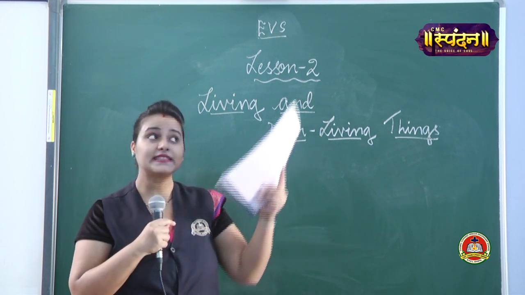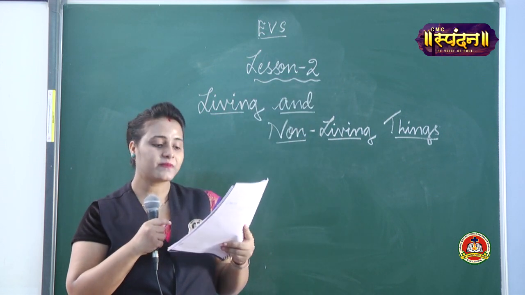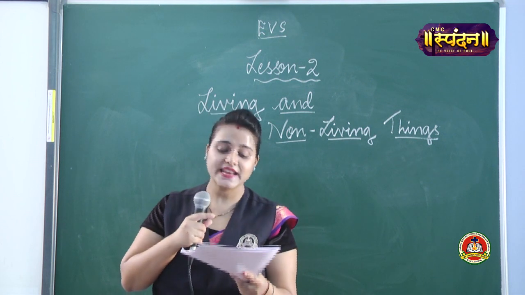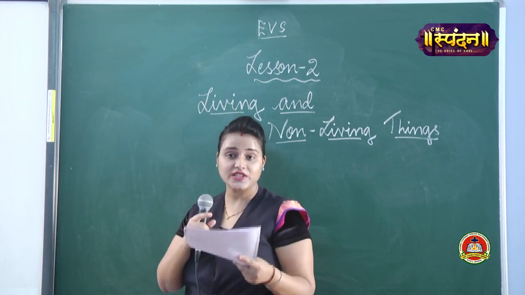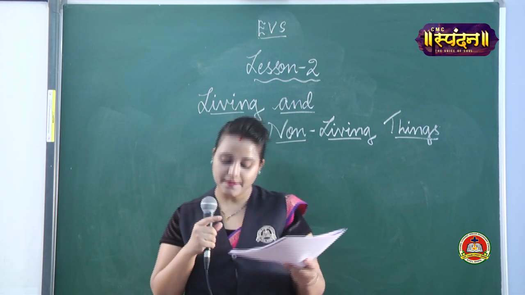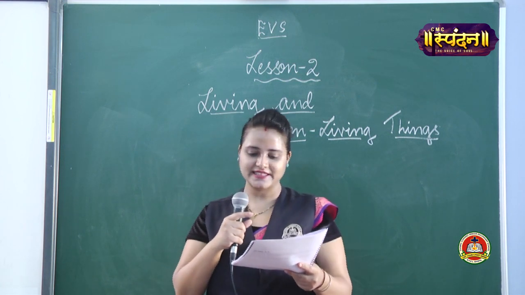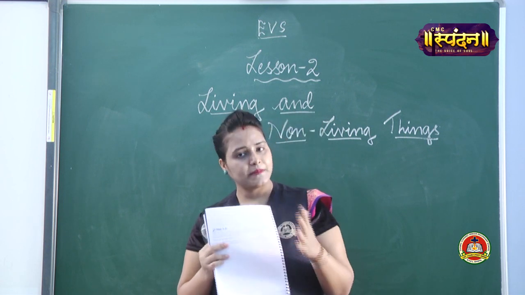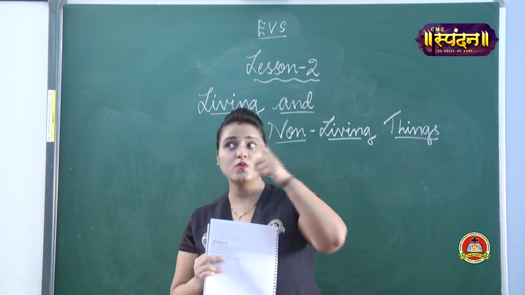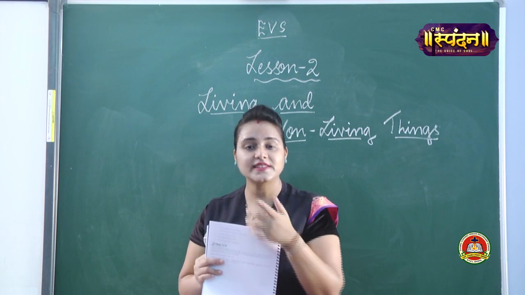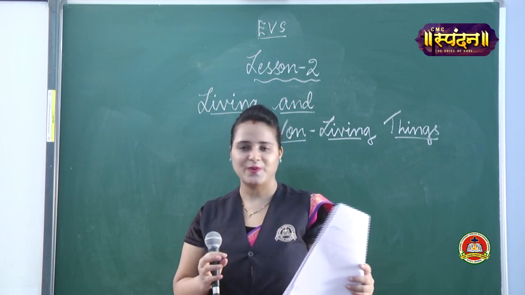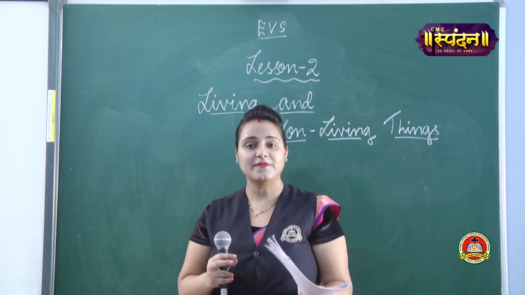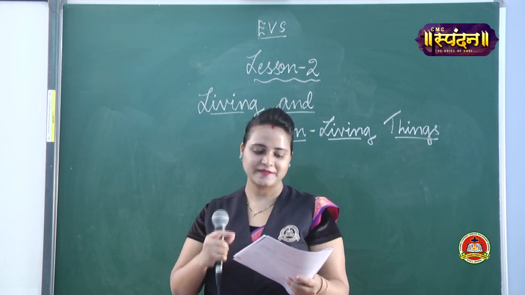Sun, moon, stars, mountains, rivers, trees, birds, water, air are some examples of natural things. Man did not make these things. Has man made these things? Your sun, moon, stars, mountains, rivers, has man made them? No. They are known as natural things. It is given by nature to us.